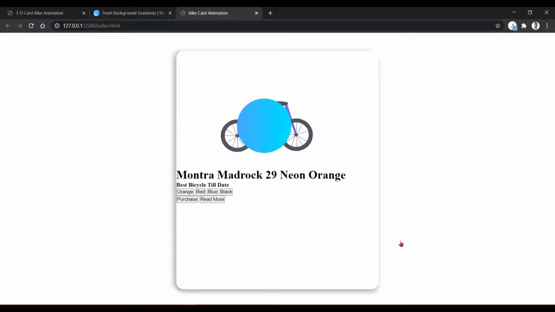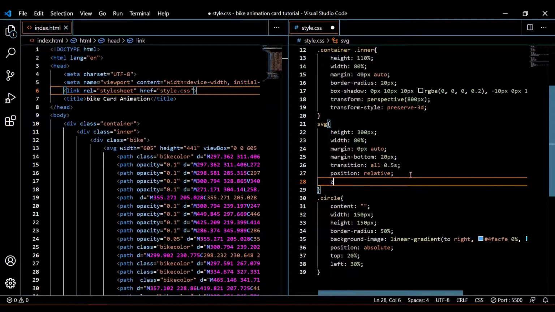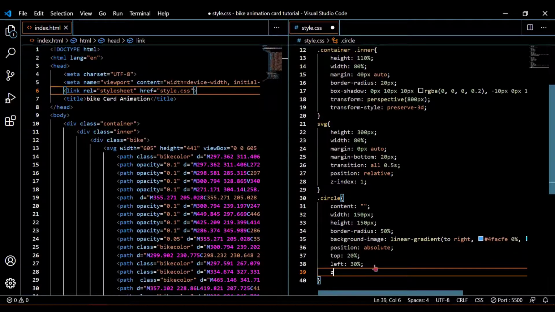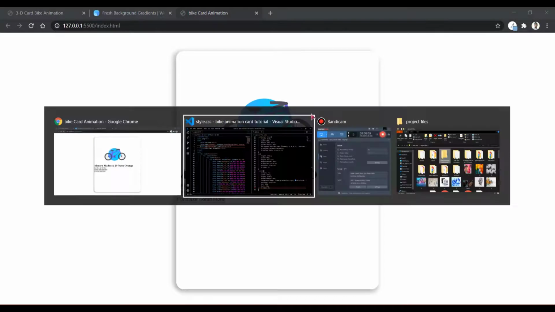This should work. Okay, so now there is another problem, that is the circle is above the cycle, not below the cycle. For that I am going to give the SVG a z-index of 1 and the circle a z-index of 0. This should work. Okay, so now the bicycle part is completed.